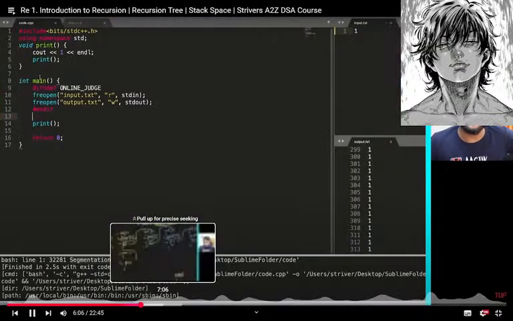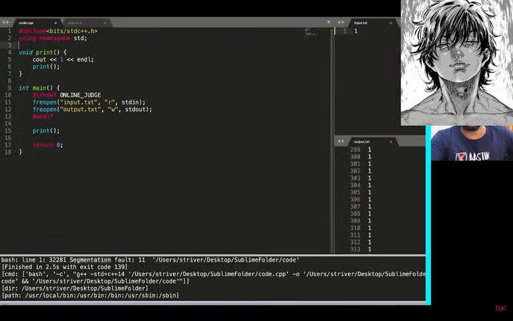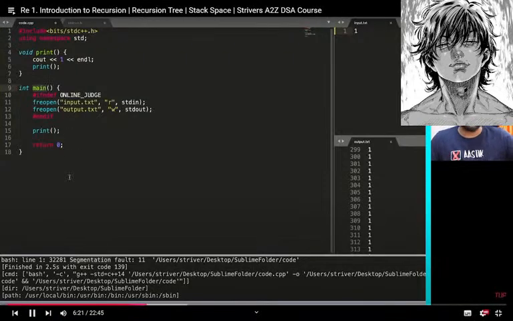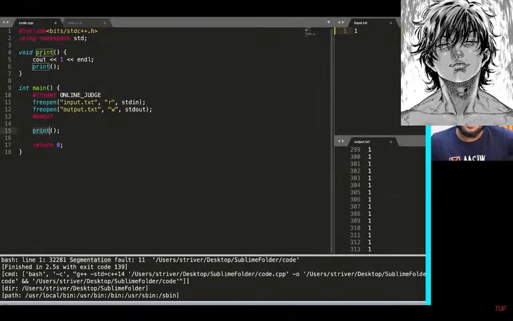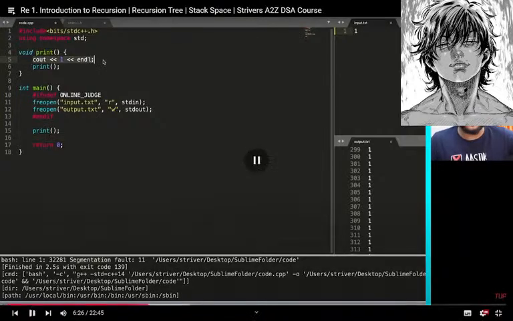So if I show you this in my code editor, by the way, this is a Sublime Text editor that I use. If you want to use the same format, you can watch my video on how to install it. You can write it in Java as well. Print is calling cout of 1, which is